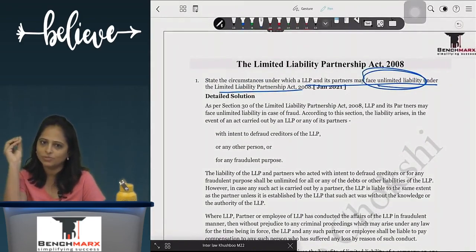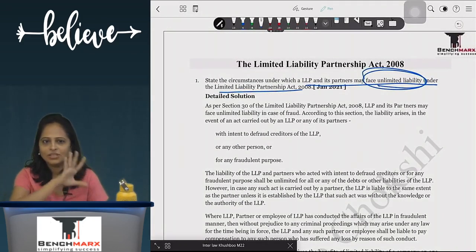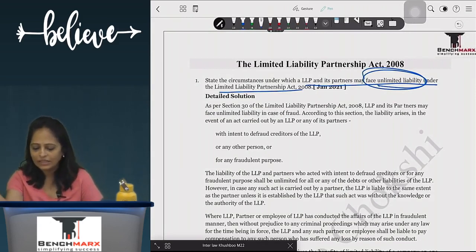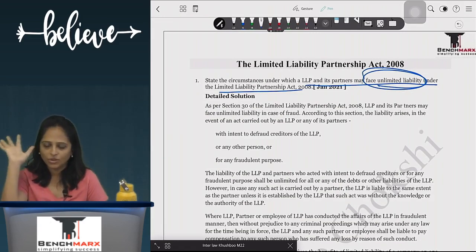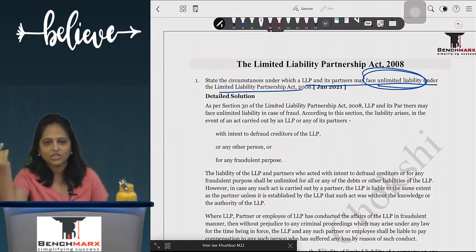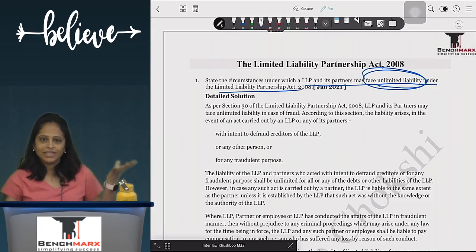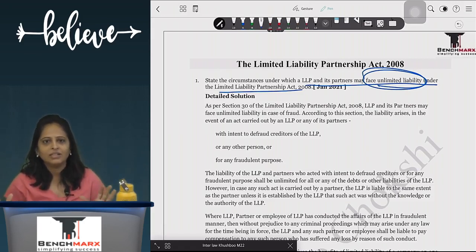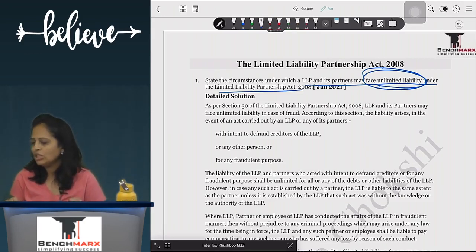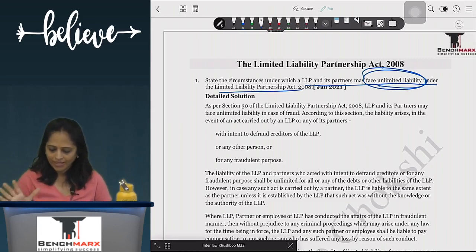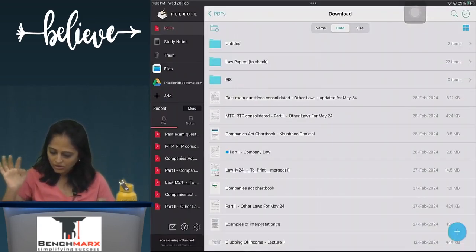जो foundation में पूछा था सेम का सेम चीज यहाँ पे पूछने वाले, because the Act has not changed. Everything that was there, you had the full Act in foundation, full Act in inter, so nothing has changed. LLP is what we know, general clauses, interpretation, as we saw that it may seem very technical and scary, but it is not at all. The questions are same to same, no innovation at all, correct? So that is it for this, and now